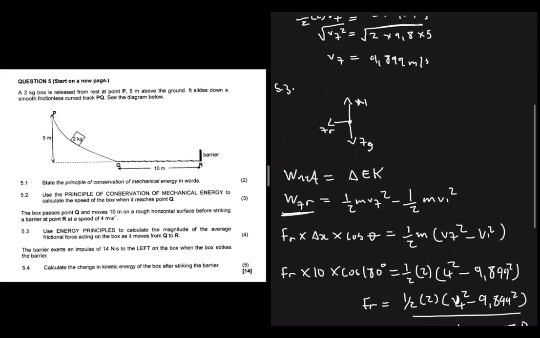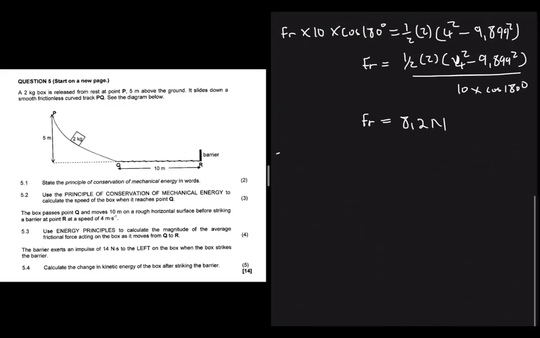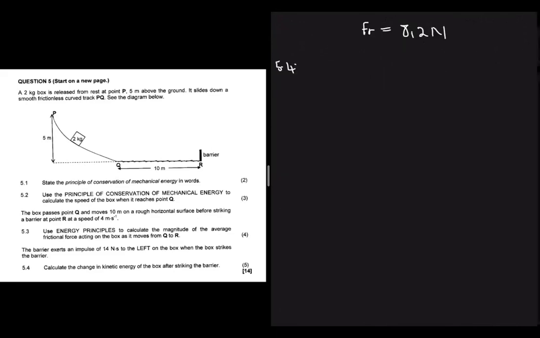Let's move to 5.4. As soon as I see the word impulse, I'm thinking F net equals delta P divided by delta T. In this instance, it's been said that there's an impulse of 14 newtons by second to the left, right? So if you're taking the right as positive, then the left will be negative. Let's do that. So we're going to have minus 14